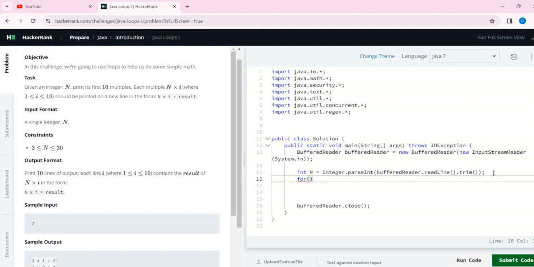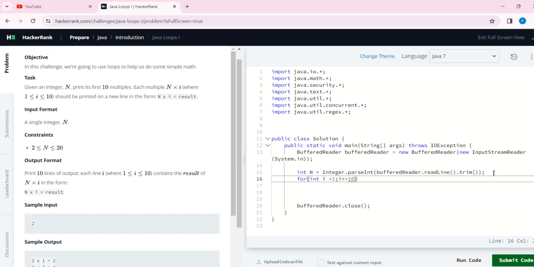Syntactically, int i equals... if the loop starts from 0, it will not print the table, because if we talk about the table, 2 ones are 2, 2 cross 1 equals 2. So we have to start the loop from 1, then the terminator: i less than or equal to 10, because in a table there are only 10 multiples.